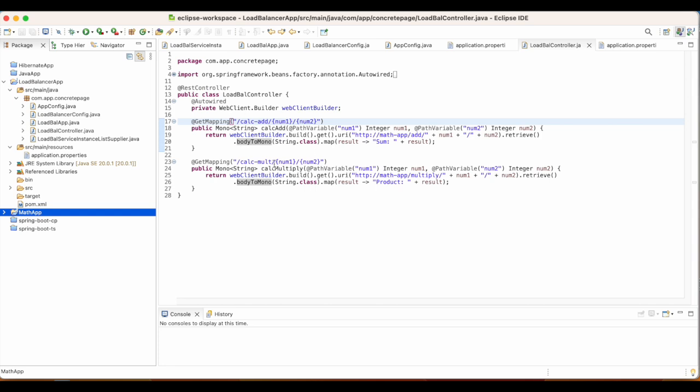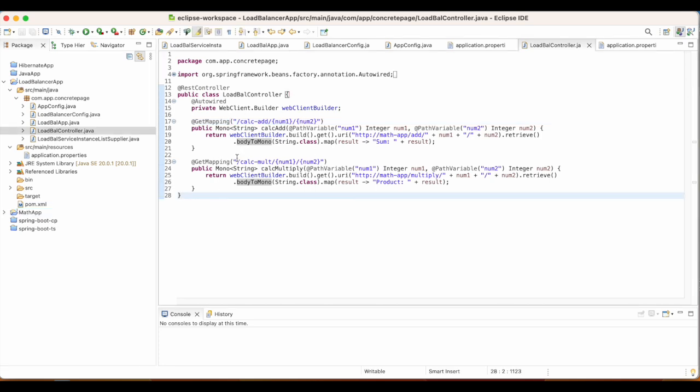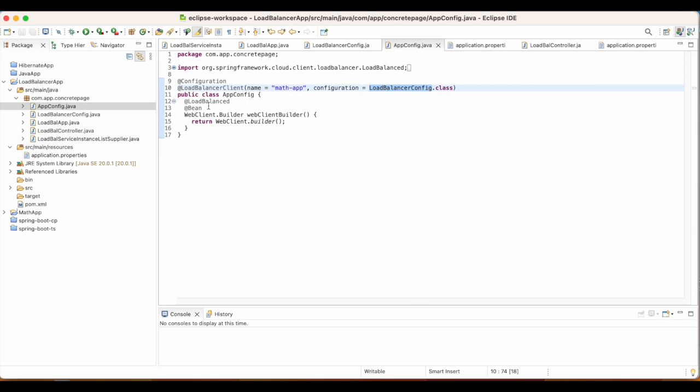In the same way, I have created one more URL for the multiplication. What we are doing here? Web client builder. This is the builder which we have annotated as load balanced. Look at here. This will use the configuration of the load balancer client.